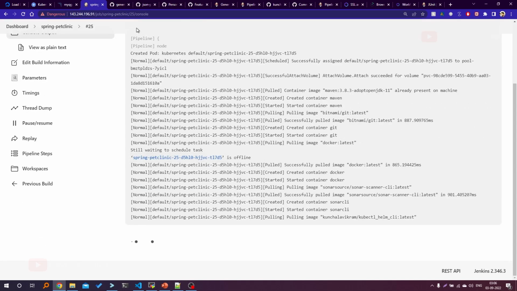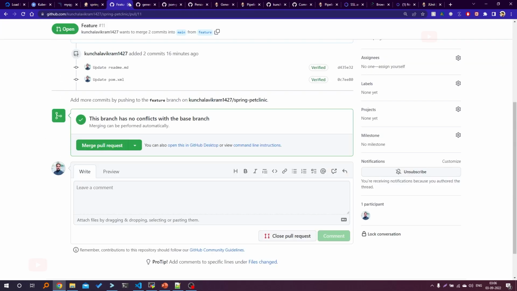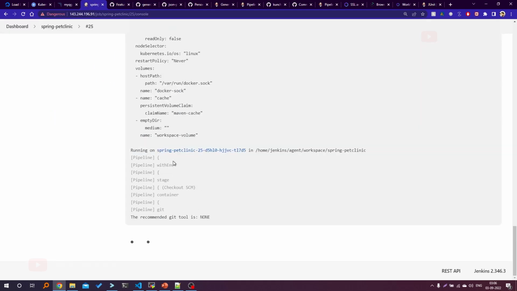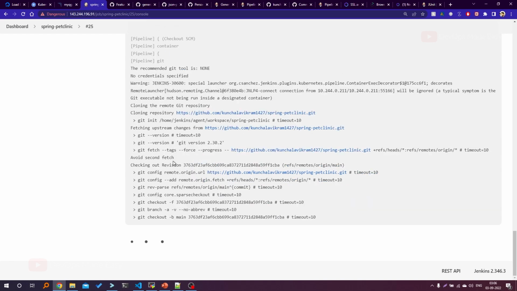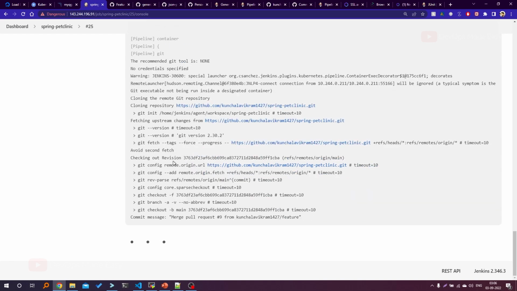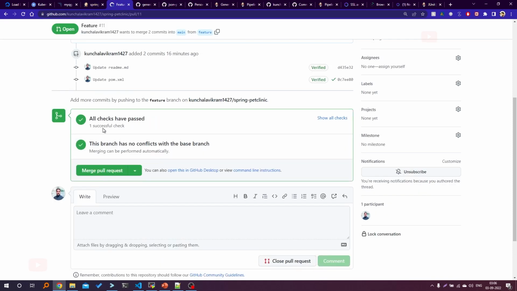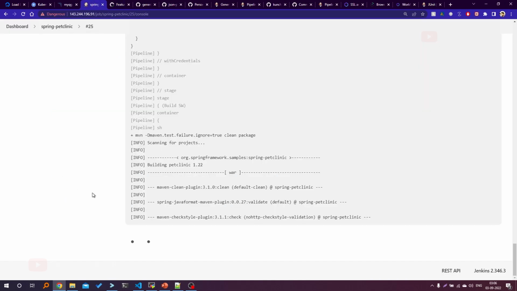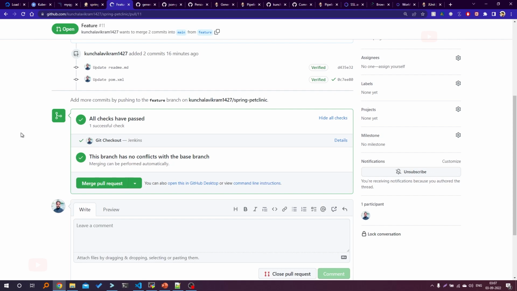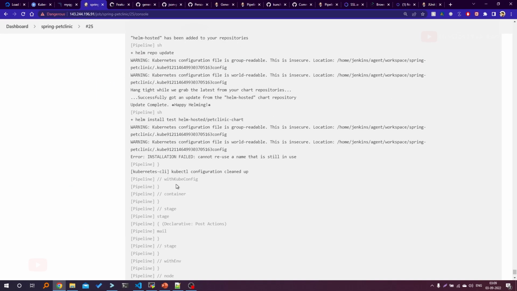The first step is git clone. So git clone is successful. Now you can see one check is successful. You can see all checks. Git checkout is a success. Similarly, after each stage, it should give you all these. So let's wait. Now you can see that all stages are successful, and there is one